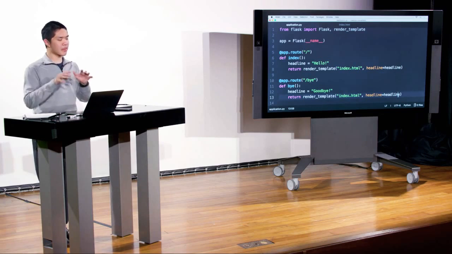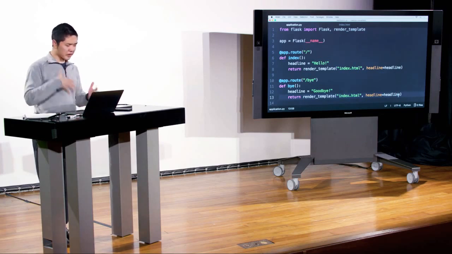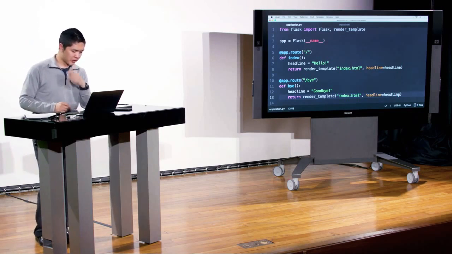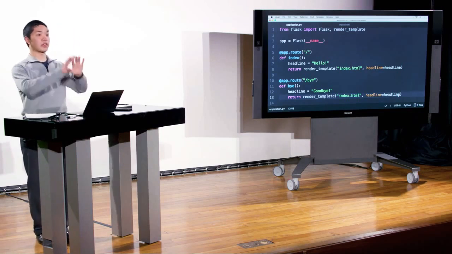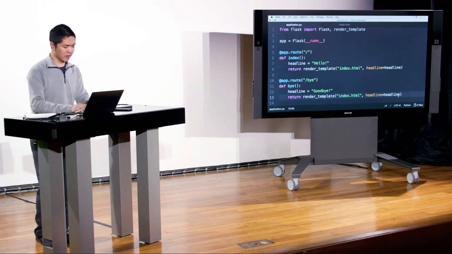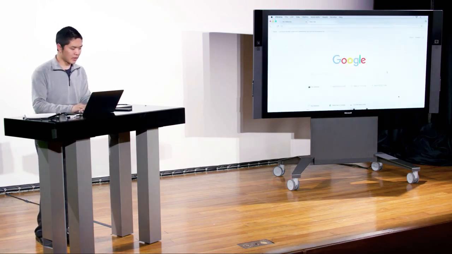OK, so that is an example of variables, where we're able to take values and plug them into templates. But what else can we do with templates? How can we make things a little bit more interesting? Well, to introduce this, I thought we'd start by looking at an example of an extremely simple website that does exist out there on the internet that really just serves one purpose. And that website is